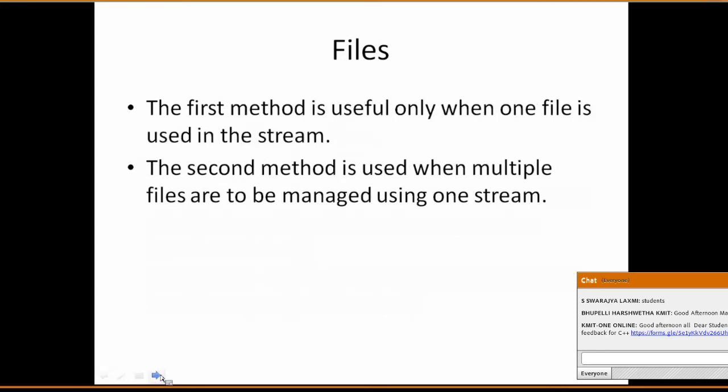Then we'll see one by one. The first method is opening a file using the constructor, useful when only one file is used in the stream.